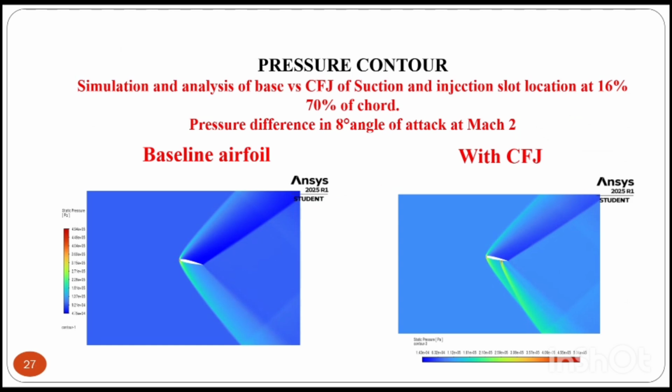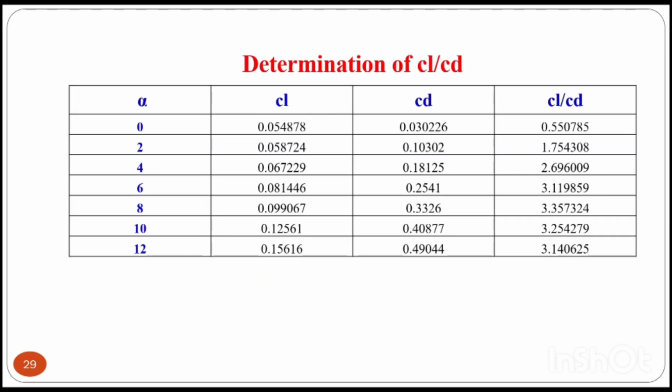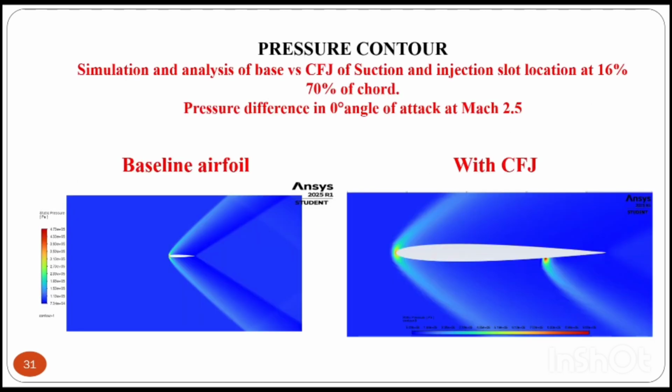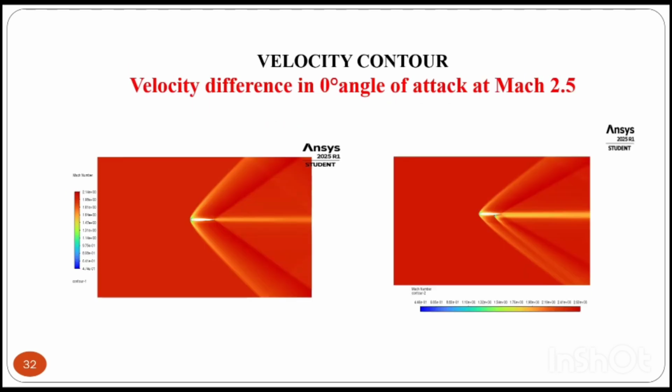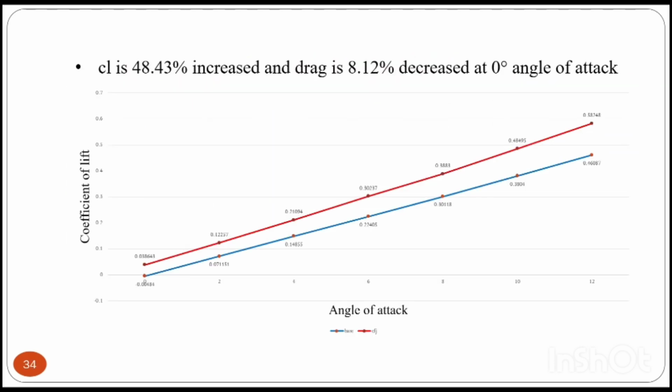The next one is for Mach number 2. This is the pressure contour and this is the velocity contour for angle of attack 8. The determination of CL by CD: CL is increased by 0.45% and drag is decreased by 1.2% at 8 degrees angle of attack. This is Mach number 2.5. At 0 angle of attack, the determination of CL by CD shows a 48.43% increase and drag is decreased by 8.12% at